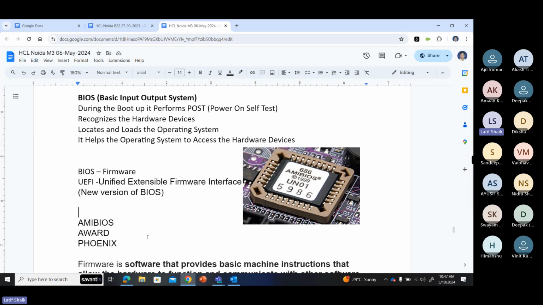For example, secure boot and GPT are from UEFI. Mainly two features I am writing here: one is secure boot, next is GPT